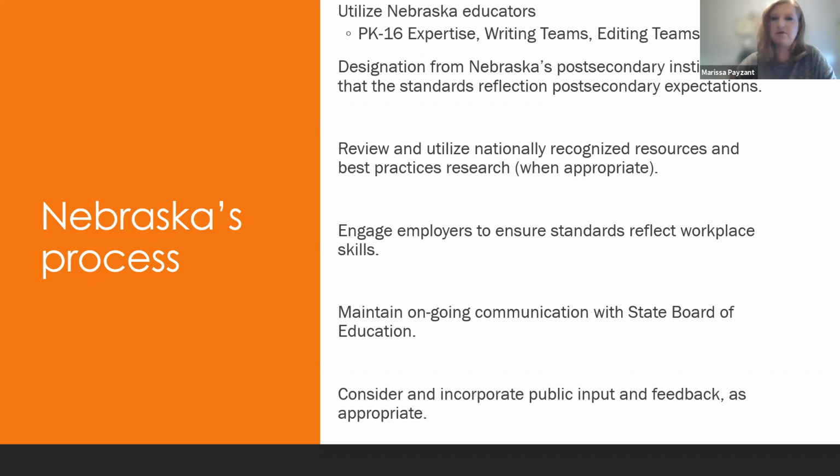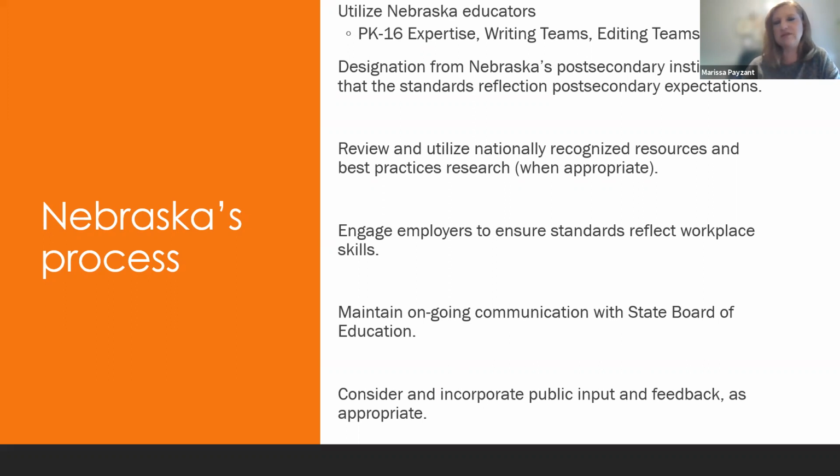Those folks are made up of writing teams, and they typically work in grade bands. So you might have, for example, a group that's working on 3rd, 4th, and 5th grade, looking at some of the writing standards, making recommendations, rewriting as needed. And then more toward the end of the process, after there's a draft, we'll get some people in there to do some editing, make sure everything's properly edited, and we have a nice polished document.